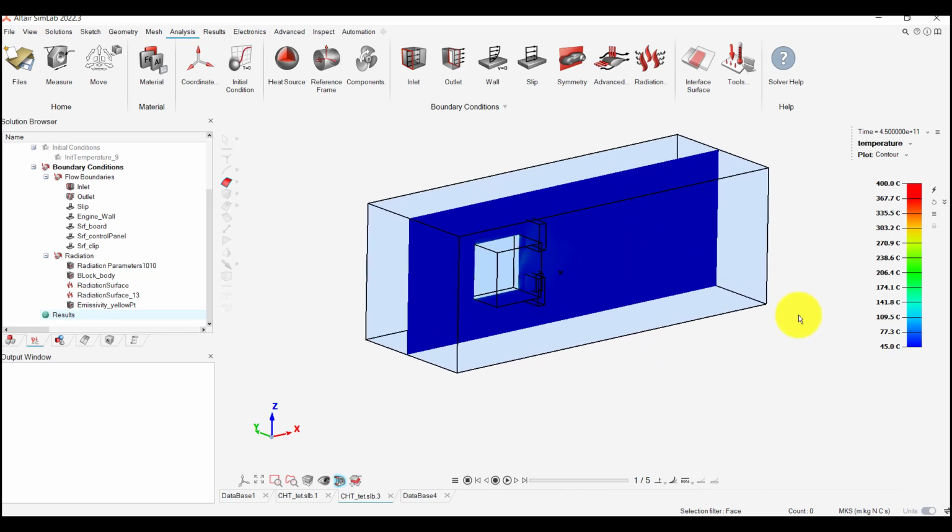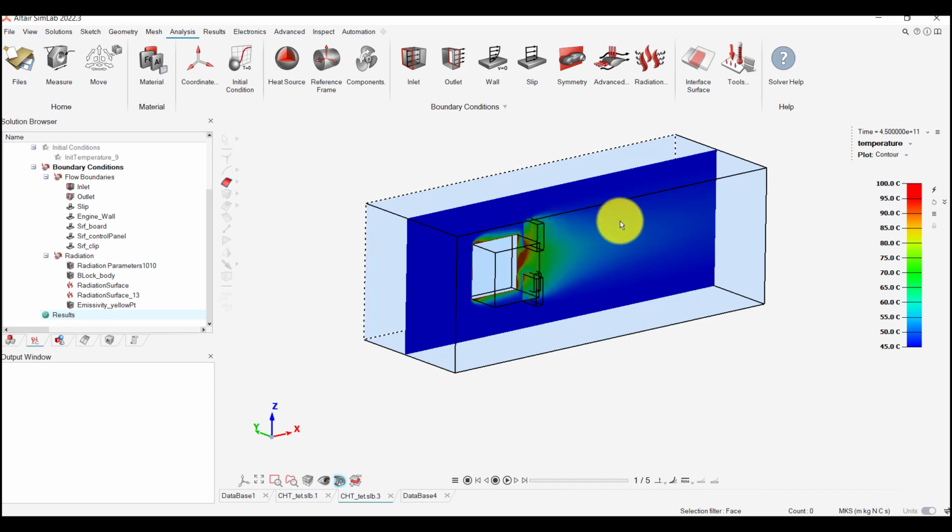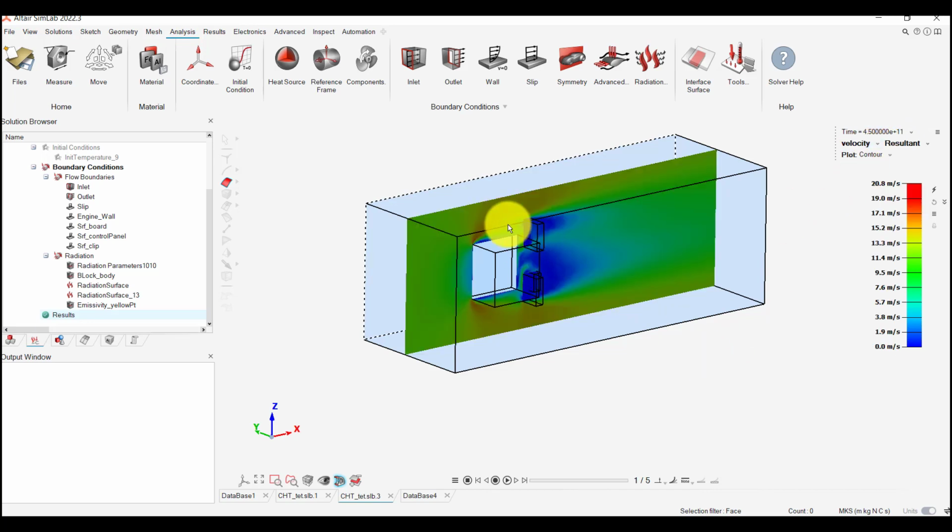is in the blue color, so the maximum is almost 100. So let us adjust this to 100 degrees Celsius, and we can see the temperature contour. As the air is blowing from this side, we can see the heat is dissipated through the air. And then change this to velocity variable scalar, and then we can see the velocity distribution at the